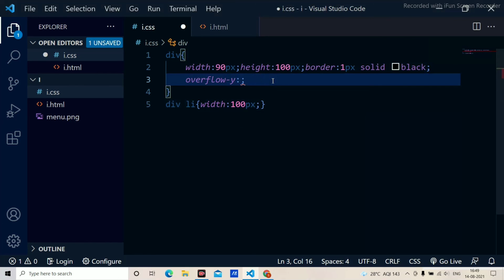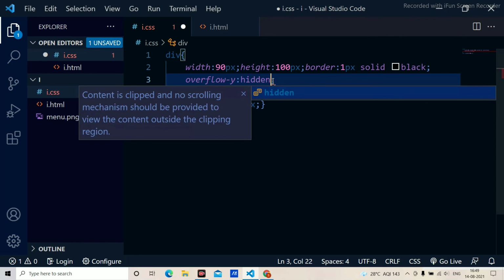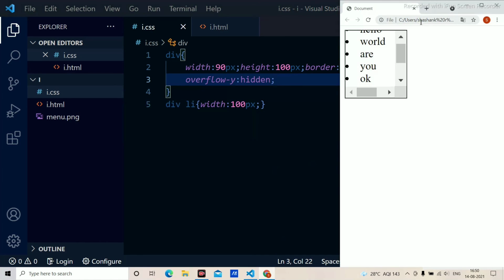Therefore, instead of overflow y scroll, I use overflow y equal to hidden. If I use overflow y equal to hidden, it starts scrolling the x-axis because y is hidden. As you can have a look, it starts showing me the x-axis in a scroll manner. This is how we use overflow y equal to hidden.